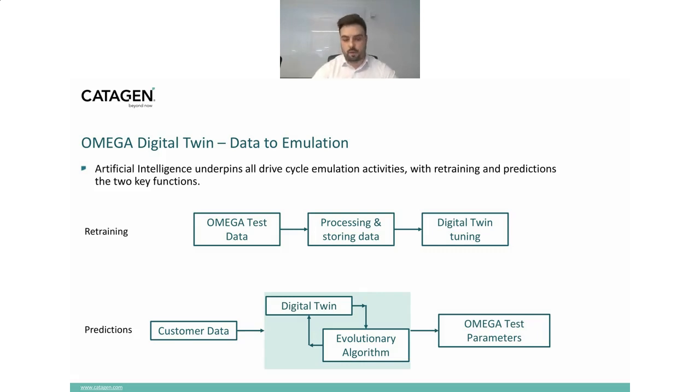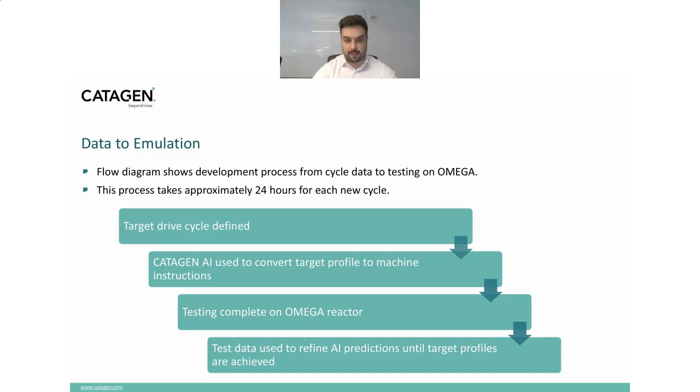And then effectively how the AI fits into the broader process. We have a flow diagram shown here, and this shows step by step how we get from our target drive cycle to testing on Omega. So initially define the target drive cycle, use the AI to convert this into a set of machine instructions, complete the testing on the Omega reactor, and then utilize the data that we've gathered on the Omega